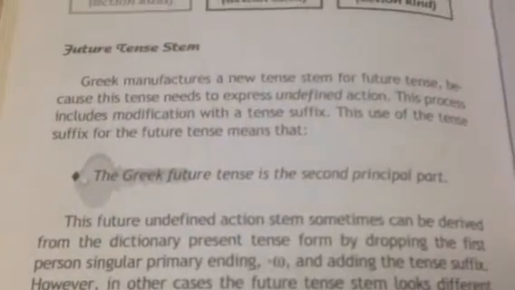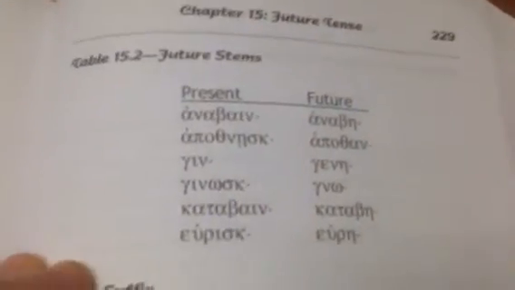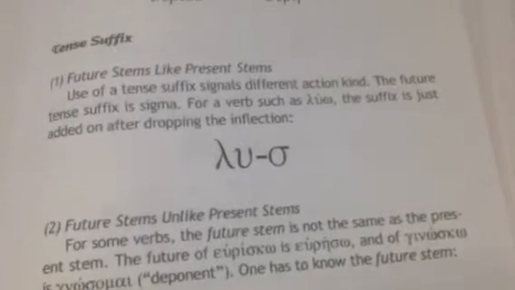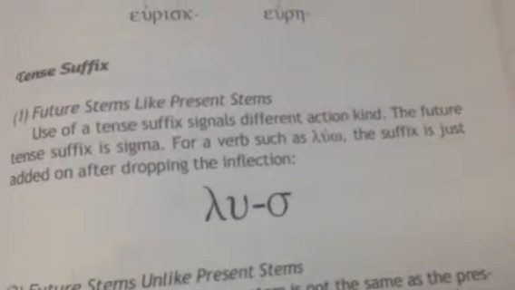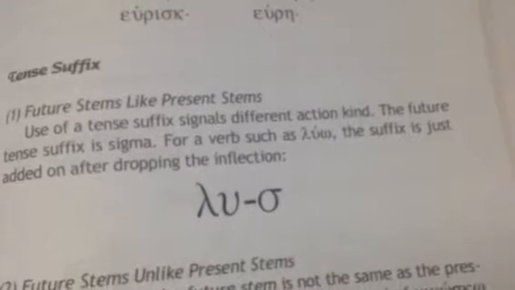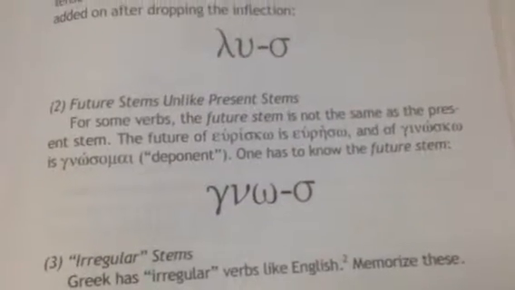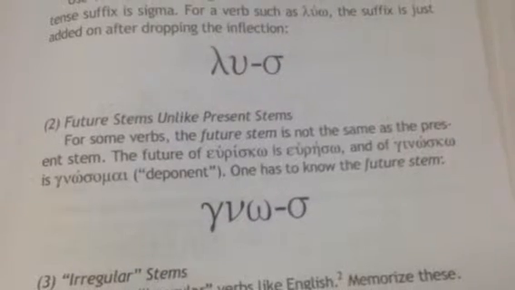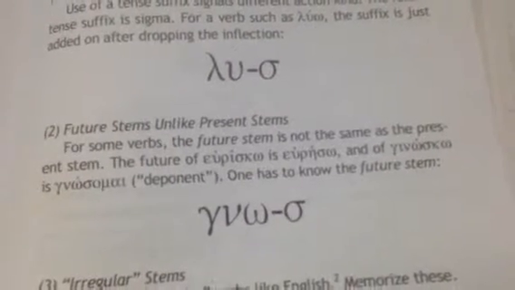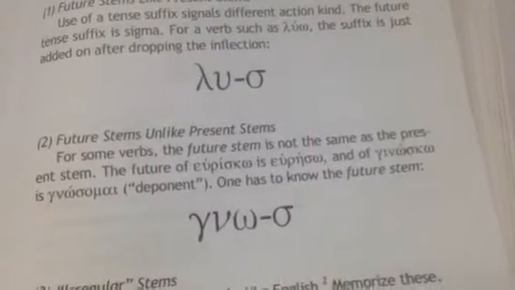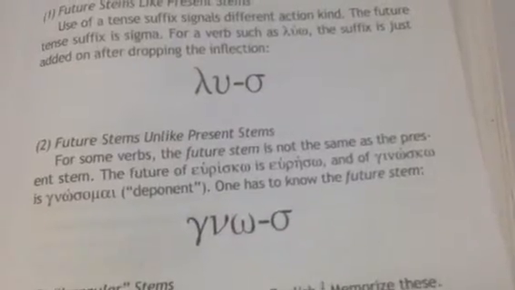So the Greek future tense is the second principal part. We have future stems that are sometimes rather distinct, but we see that we formulate it with a tense stem. We're going to use luo here, and then when we take off the ending that we have and we add the tense suffix, we start building the future here. If the future stems look different, then the only thing that changes indeed is the stem, but you still add the same tense suffix. And that's going to be our signature recognition part for the future. You see that sigma, you start thinking future.